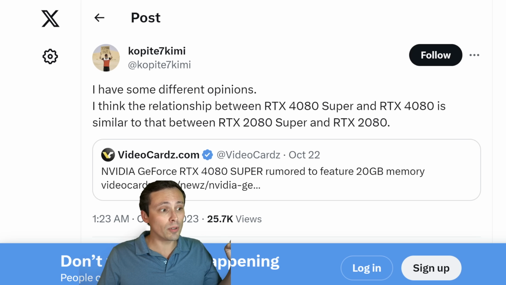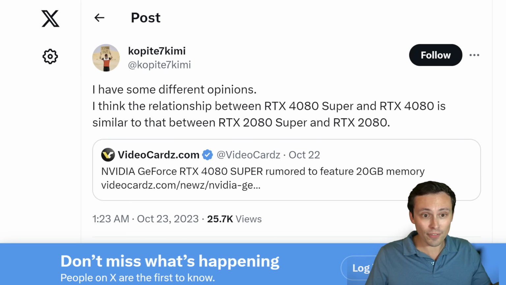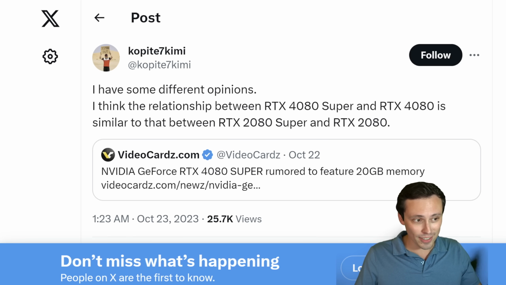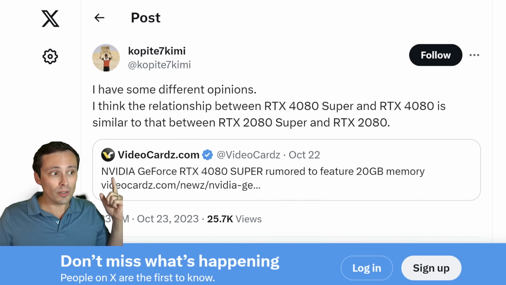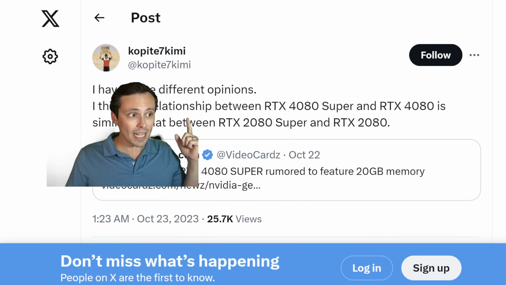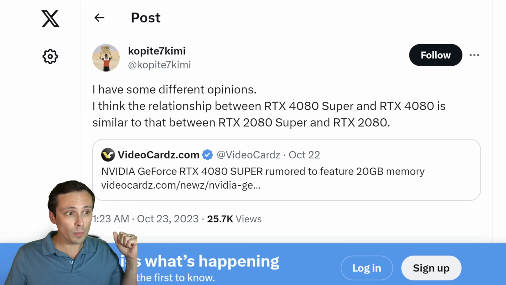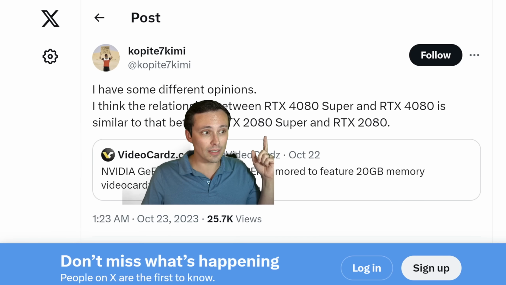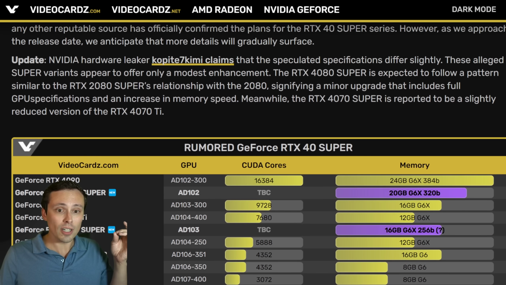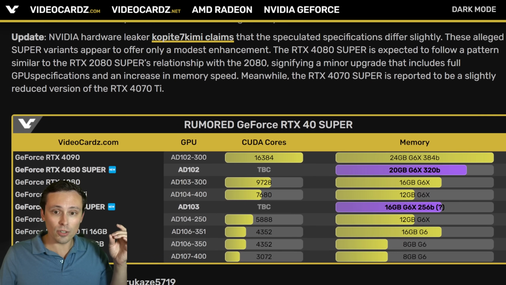And also, Kopite7kimi, who is one of the most well-known and prolific PC hardware, especially GPU, rumor leakers, has responded to this videocards.com article and said, I have some different opinions. I think the relationship between the 4080 Super and the 4080 is similar to that between the 2080 Super and 2080. Now, videocards.com did update their article with that information, and they say that these alleged Super variants apparently offer